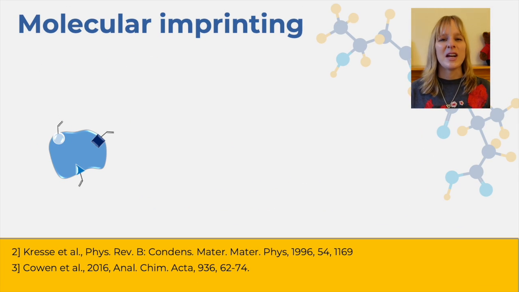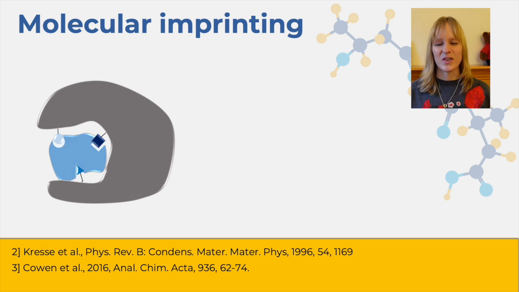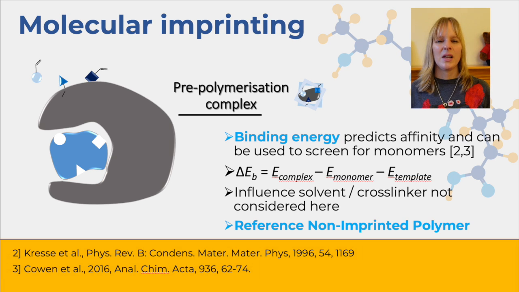In this very brief animation you can see what this molecular imprinting process looks like. So what happens? Essentially you have something that you want to detect, which is your target molecule or your template, and then you assemble monomers around it. These monomers form non-covalent interactions, similar to your enzyme and your antibody, and that should form a pre-polymerization complex. You polymerize around it, so you form a rigid 3D structure, in this case the polymer matrix that will keep binding sites in place, and then you take out your template, which means that you end up with a porous material which contains cavities that are similar to the size and the shape of your original target molecule,